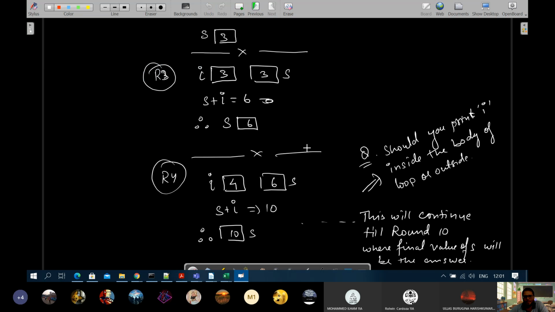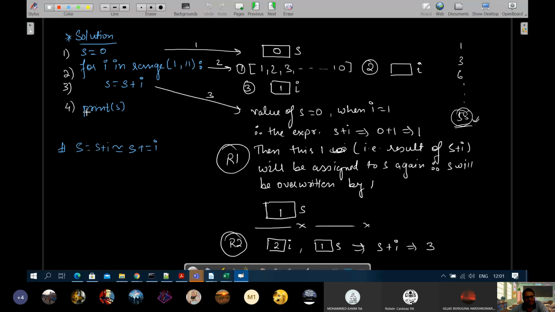And what I have written here: at the end of round 10, the final value or last value of s will be the answer. So if you need only the last value of s, should it be printed inside or outside? Outside, sir.